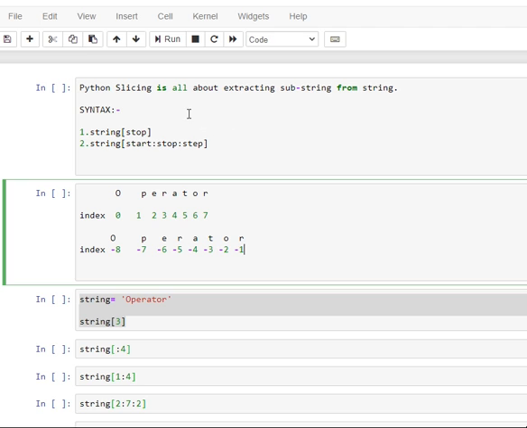So today in this video we are going to study slicing. So what is slicing in Python? Slicing basically is all about extracting a substring from a string, and it has two syntaxes: string[start:stop], and second is string[start:stop:step]. This step is an optional argument, and it is used to determine the increment